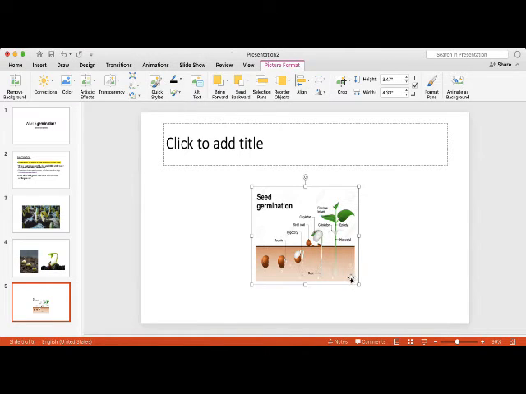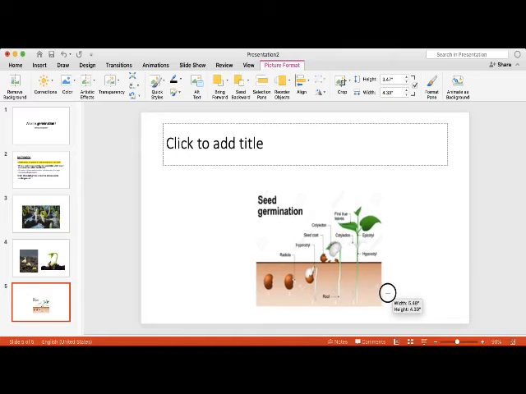I can click on this corner from where I want to make it large. As you can see, when I place my mouse on this side, the shape of the mouse changes. Click on this corner with your left mouse button, hold it and drag it as much as you want.